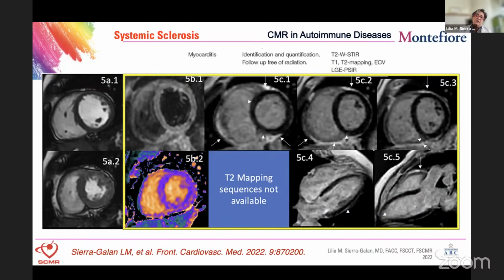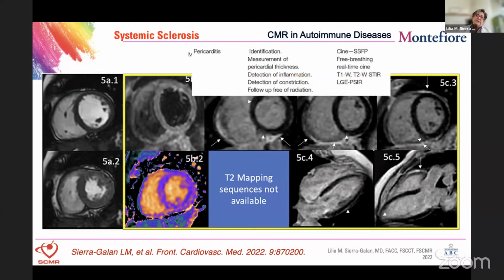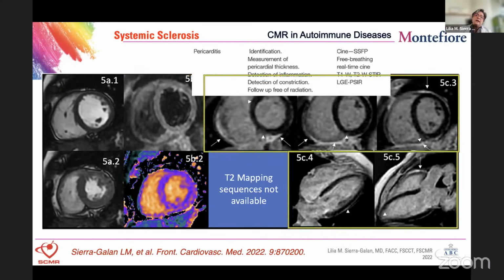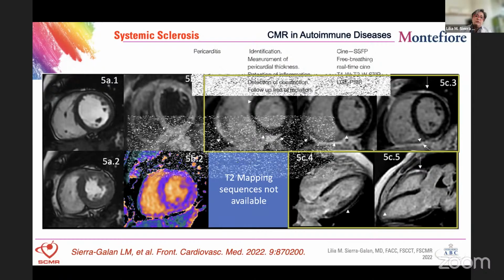So again, we have all those data of myocarditis, then the pericarditis, and such as this inflammation in this area of the pericardium, which, if this process is chronic, then we are going to have some constriction, and